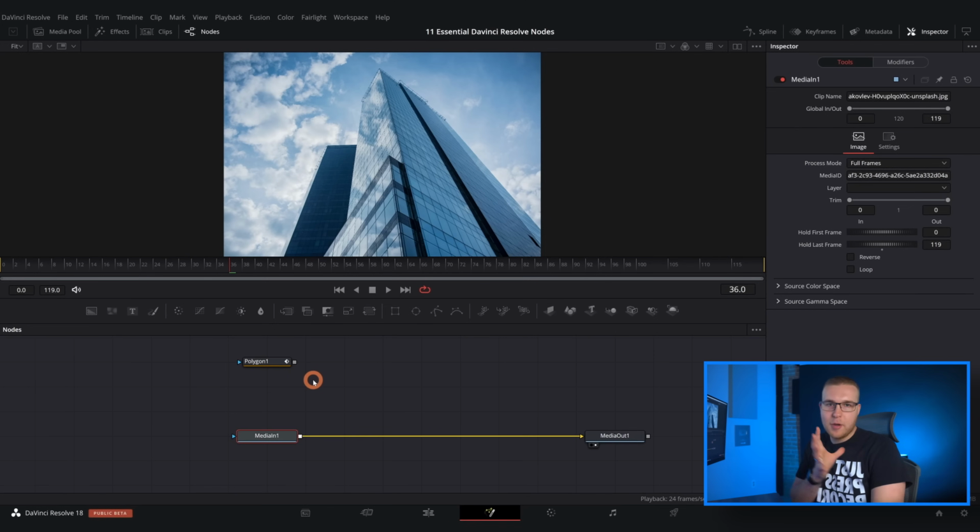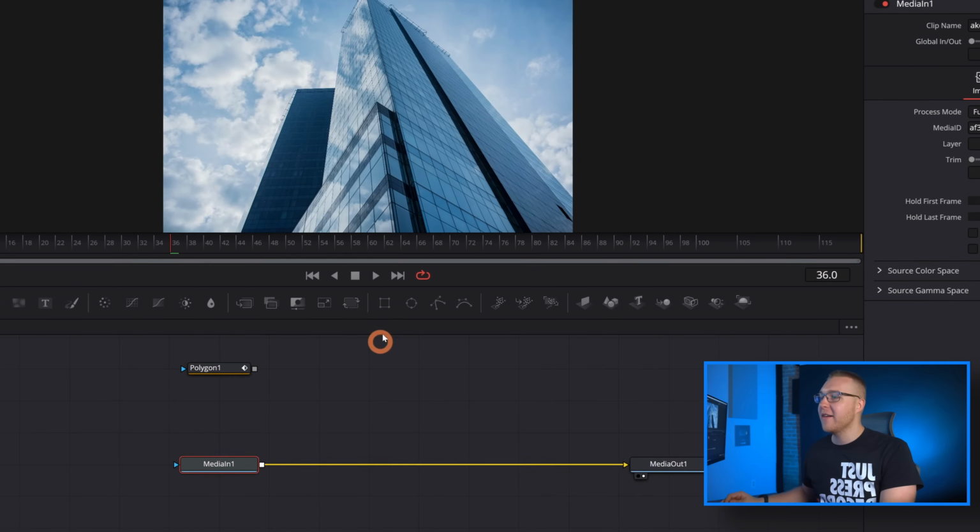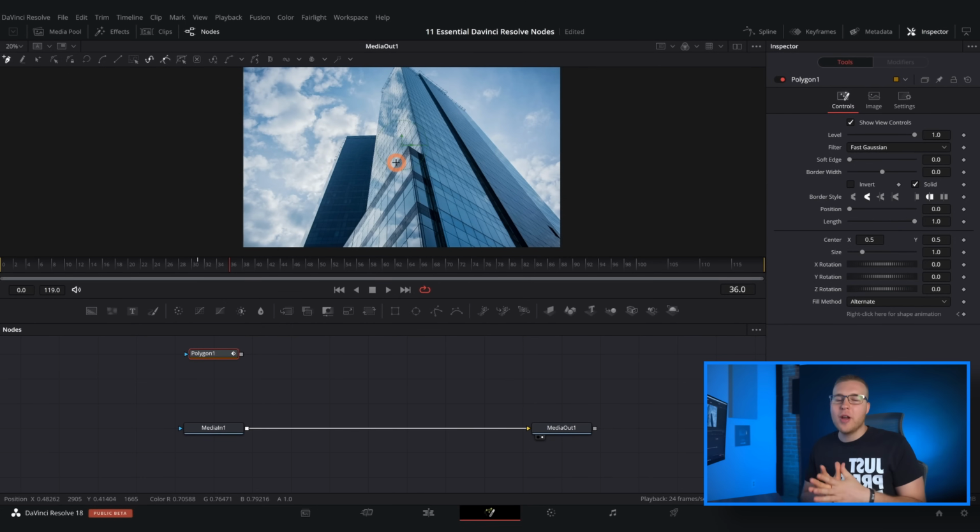All right, so moving on to number 4, as we are starting to get out of that beginner level area, we have the polygon mask node. As most of you might know, we have a bunch of different mask nodes right here, one of them being the polygon mask. The polygon 1 node really just allows us to create custom masks or mask paths on any object or